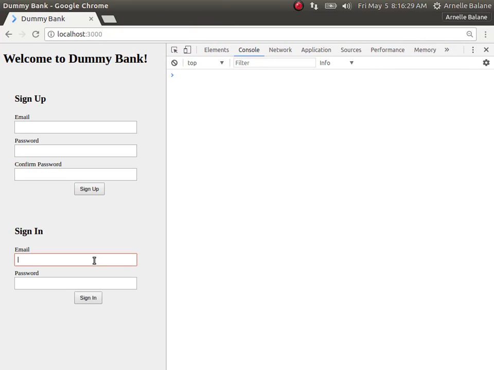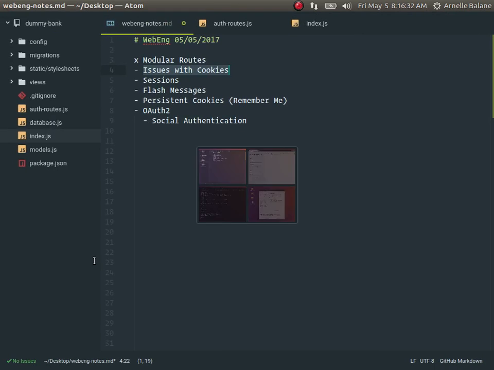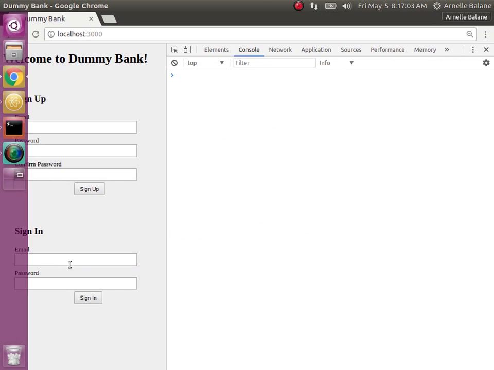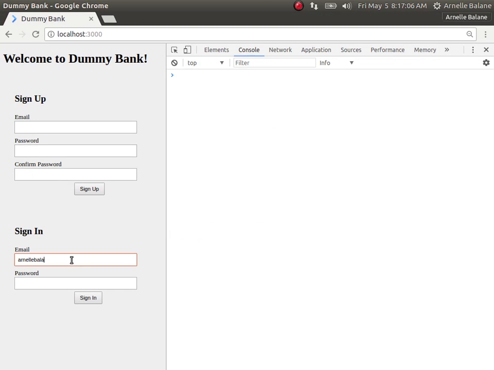So let's see. Remember last time, let's check our routes. After the user signs in, we check if the user exists in the database using the email they entered, and then check if the password they entered matches the hashed password saved in the DB. After verifying that they are the right user, we save a cookie called current user containing the email address of the user. So that's how we did it before. So it works